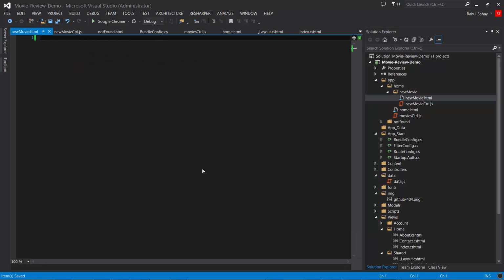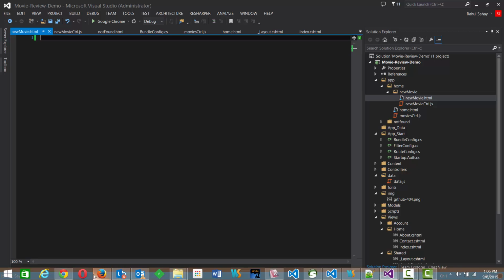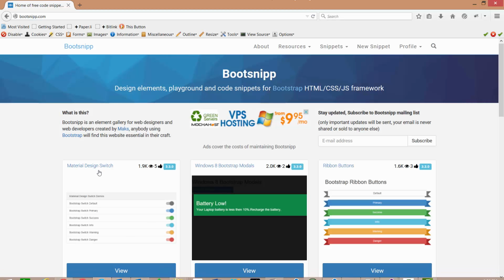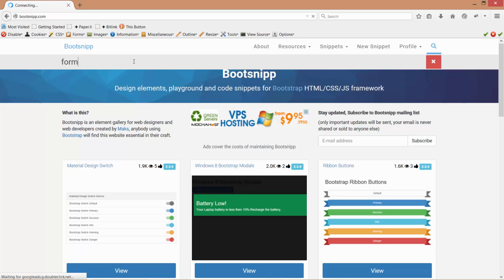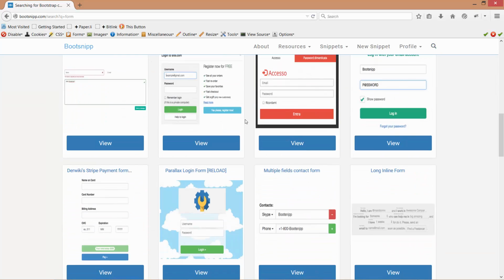And now what I need to do, I can go ahead and write the entire snippet by myself, writing some div sections over here, but it would be nice if I get some ready-made things. So let's go ahead and check this out. There is one thing which I usually prefer for my coding, which is Bootsnipp. It will give you standard snippets already prepared. Here I like to search for, let's say, form. I like to have something, and